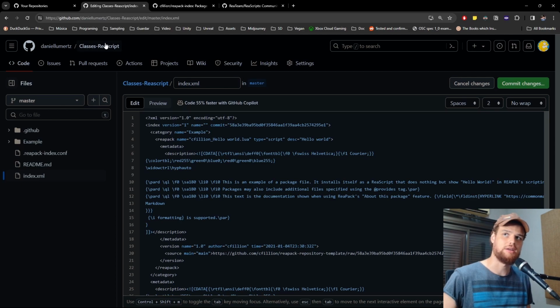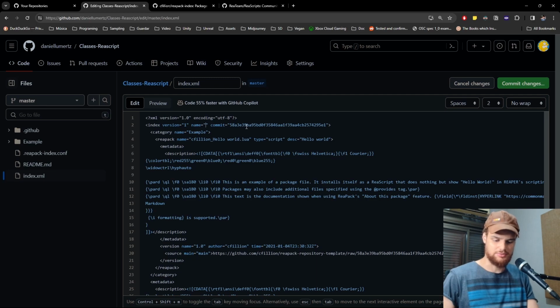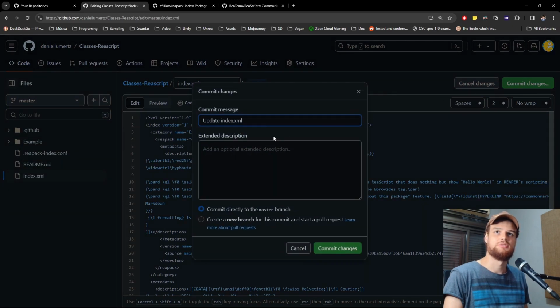It doesn't need to match the name here on GitHub. So we can put classes. I will put almost the same thing, Reascript is script, and then we are going to commit changes, and here just the name of the commit. It doesn't matter what you put. I will put rename index name,